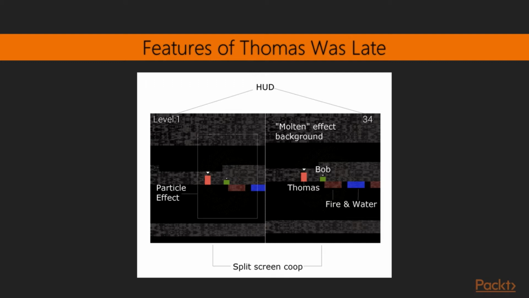It is not very clear in this image, but when a character dies, he will explode in a starburst firework-like particle effect. The water and fire tiles can be strategically placed to make the level fun and force cooperation between the characters. Notice Thomas and Bob. Not only are they different in heights, but they also have significantly different jumping abilities. This means that Bob is dependent upon Thomas for big jumps, and levels can be designed to force Thomas to take a route that avoids him banging his head.